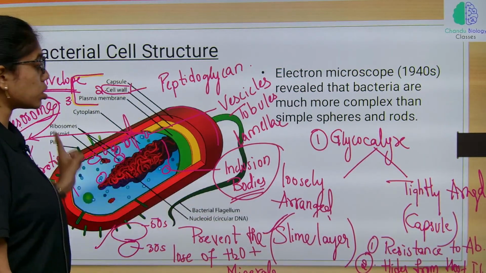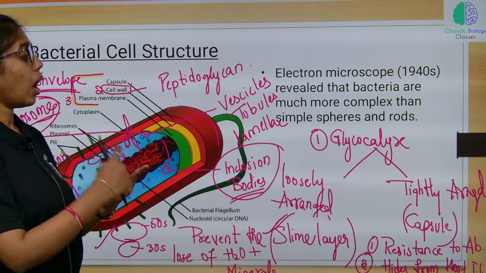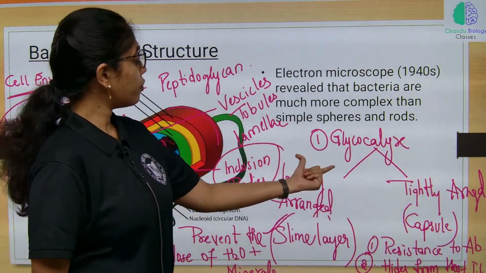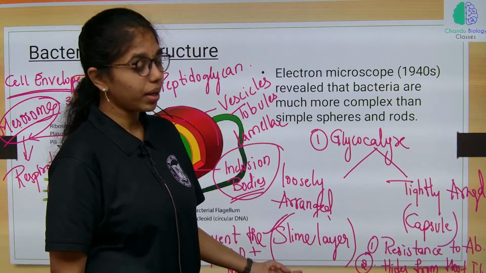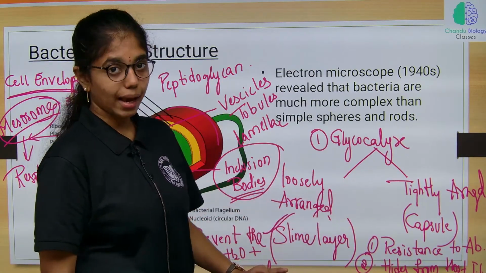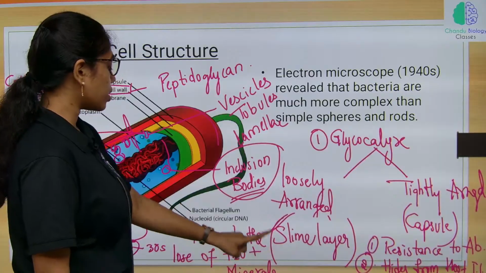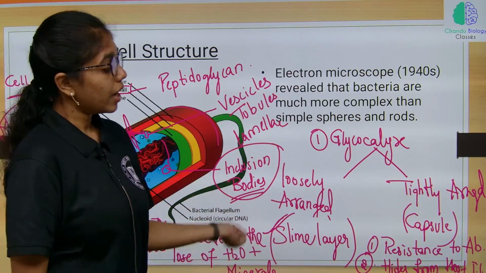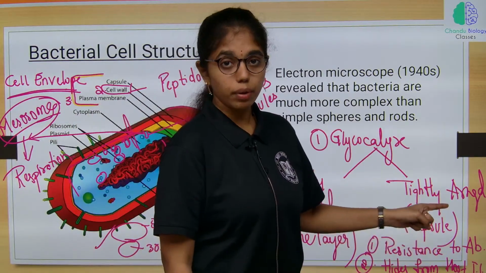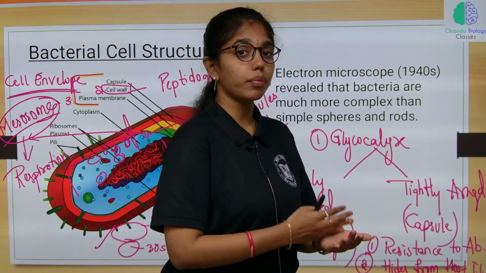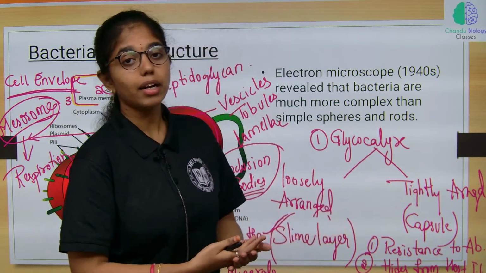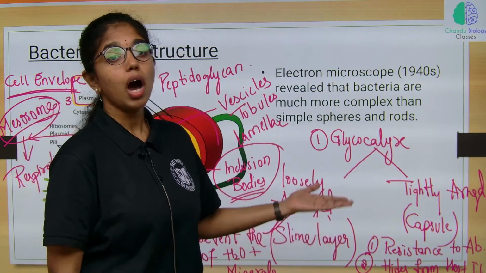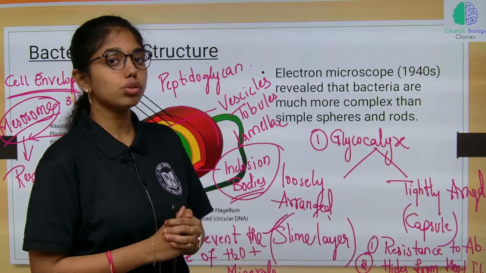The outermost cell envelope is 3-layered. The outer layer is glycocalyx. If it is loosely arranged, it is called the slime layer. Tightly arranged, it is called the capsule. If it is a slime layer, it will prevent the bacteria from loss of water and minerals. If the outer layer is a capsule, it will help the bacteria hide from the host immune system, or it will provide resistance to antibiotics,